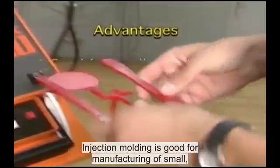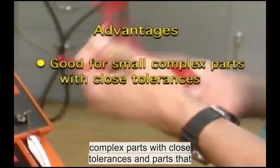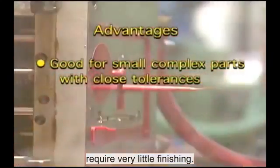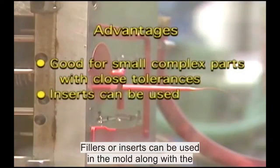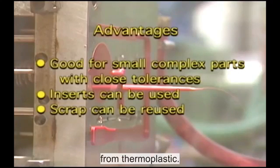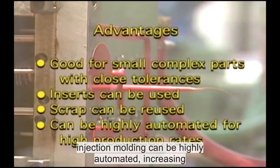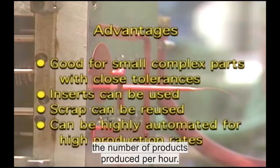Injection molding is good for manufacturing small complex parts with close tolerances and parts that require very little finishing. Fillers or inserts can be used in the mold along with the plastic, and the scrap can be reused if the part is made from thermoplastic. Most importantly, although it's a batch process, injection molding can be highly automated, increasing the number of products produced per